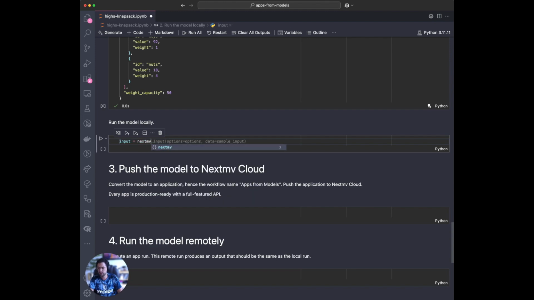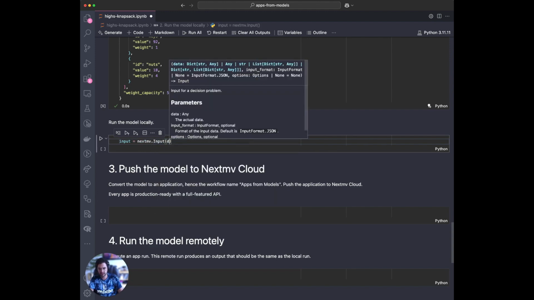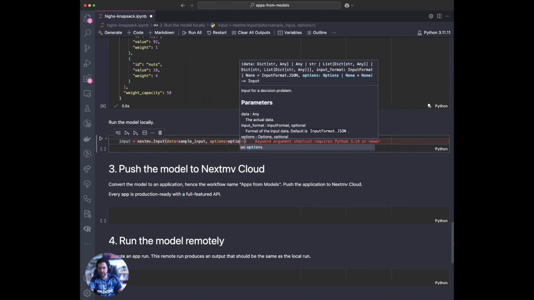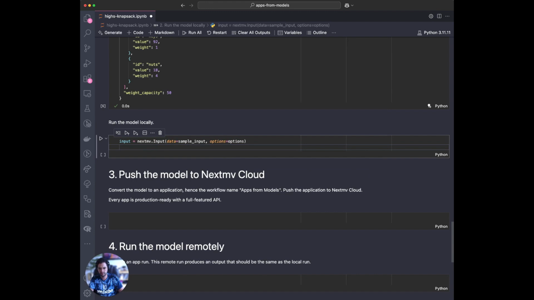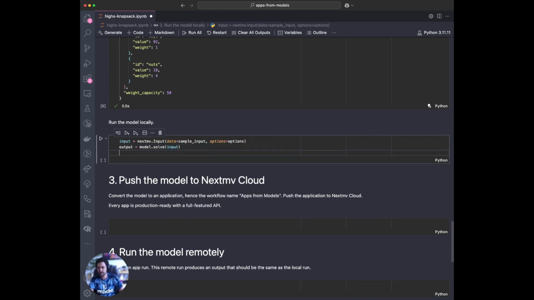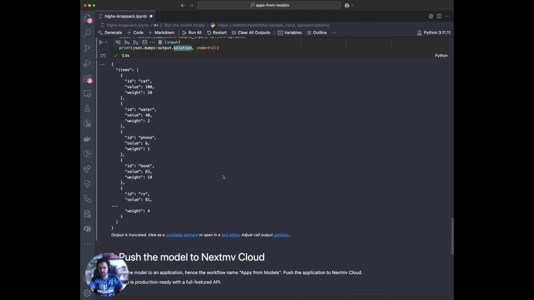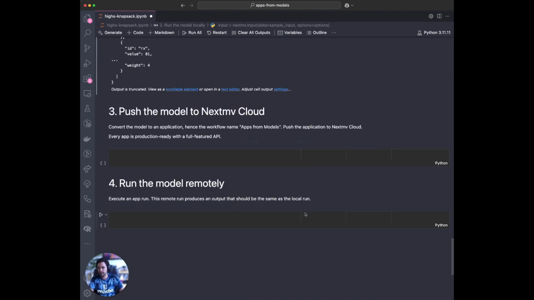So the first step is to define a Nextmove input. This input has some data, which is my sample input that I defined, and it takes in the options that I also created before. Now, to get the output, we call our model.solve method, of course, by passing in the input that I just created. And we can, for example, print the result of that output or the solution, really. Let's execute that. Okay. So we know that our model is working locally, but now it's time to push it